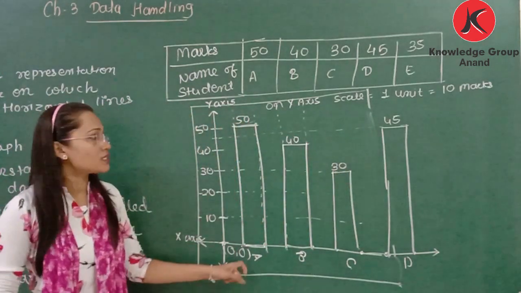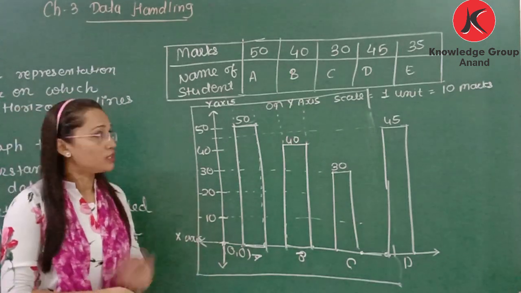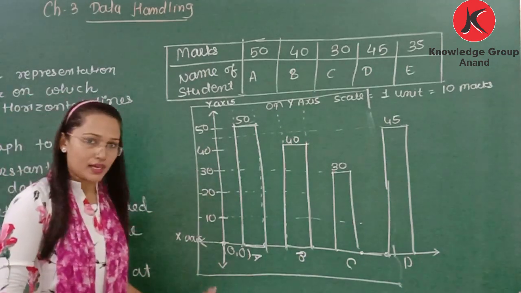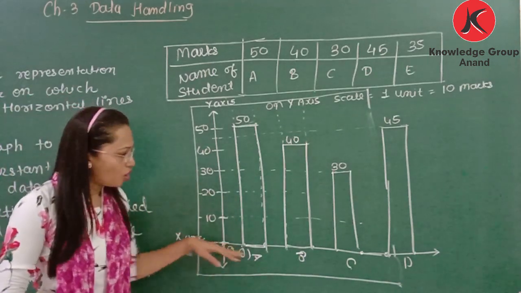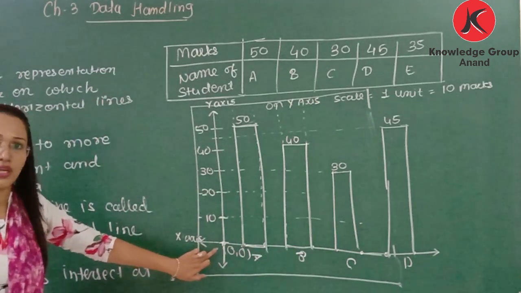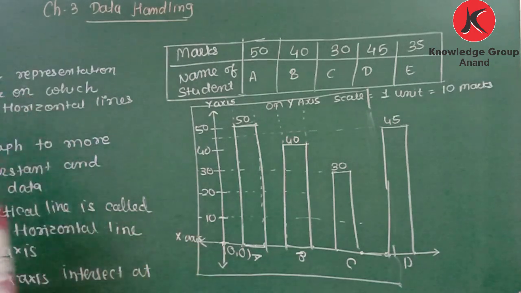We already learned this kind of bar graph in a previous standard. So the same you need to apply for this example. In every bar graph you need to draw a vertical line, that is called the y-axis, and a horizontal line, that is called the x-axis. They intersect at the origin, and the points named for the origin are 0, 0.